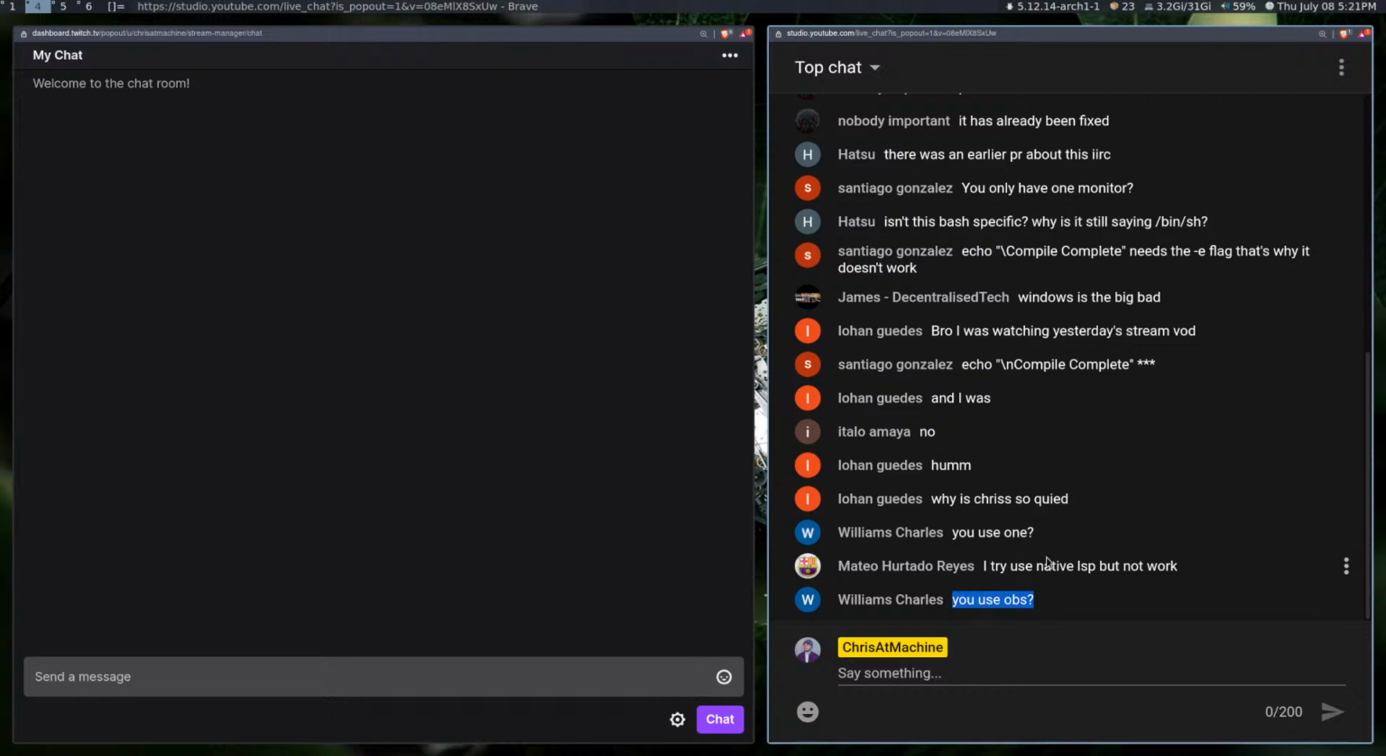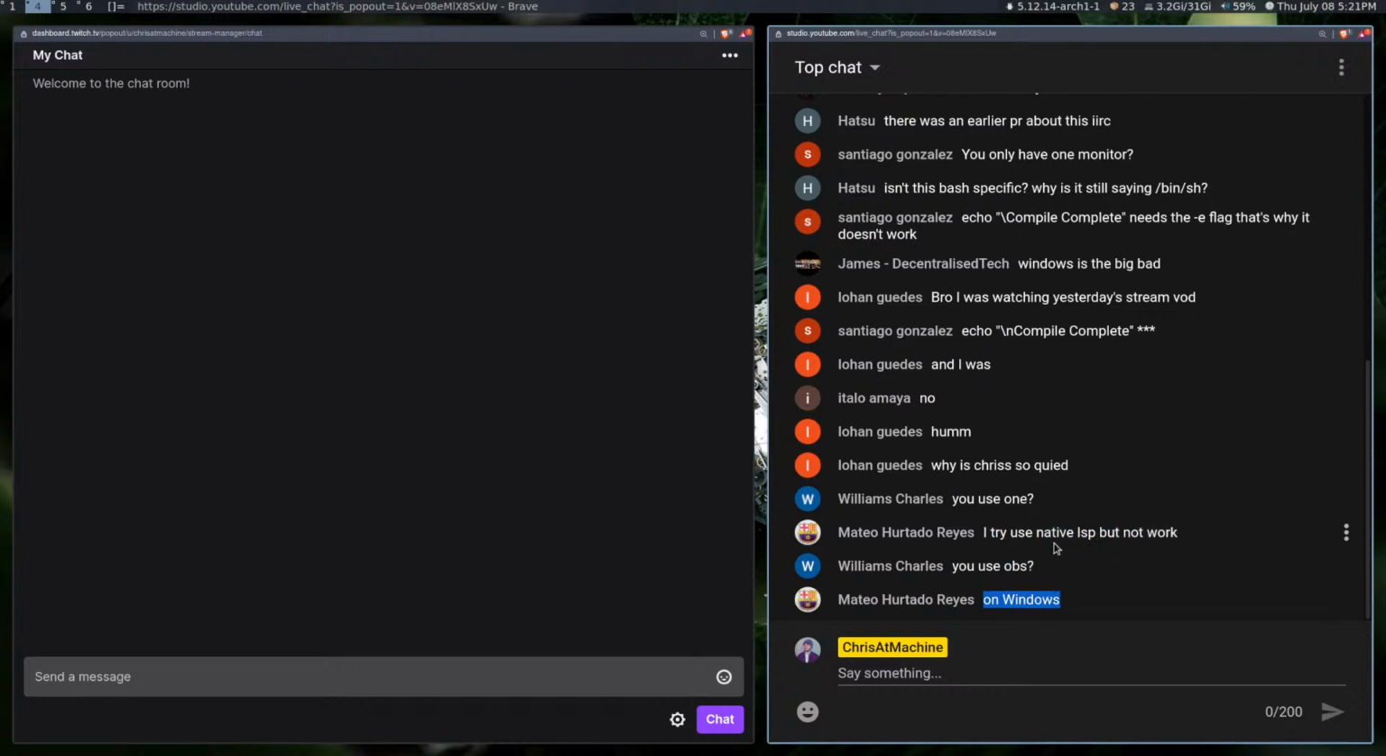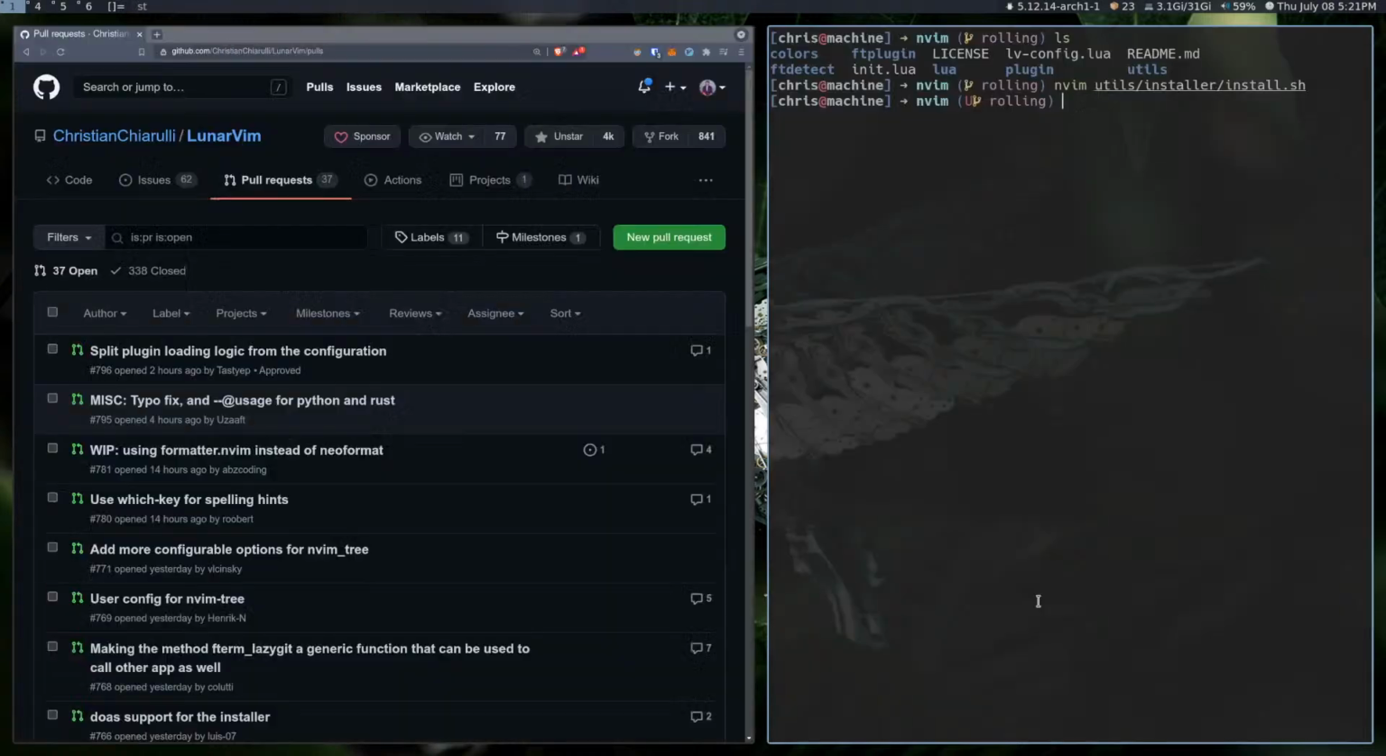Do I use one monitor? Yeah, I use OBS. I try to use native LSP, but it doesn't work. Interesting. On Windows. On WSL, it doesn't work? That's wild that it doesn't work on WSL. Well, it just goes to show. It's time to get rid of